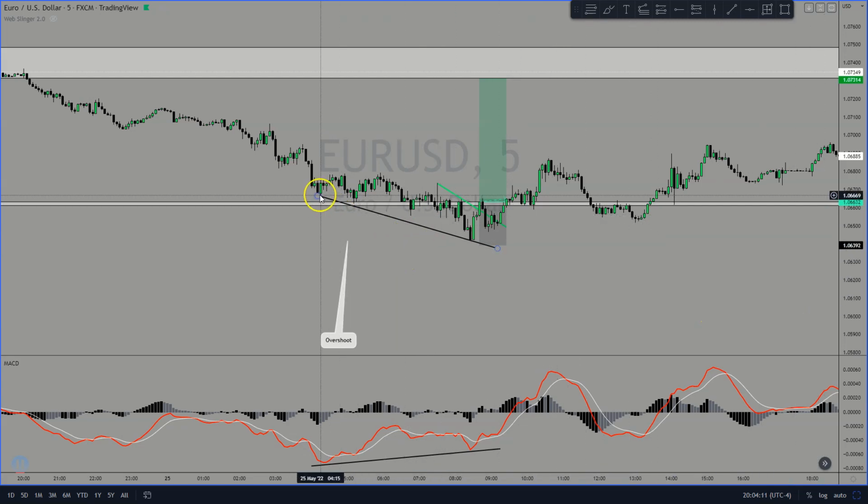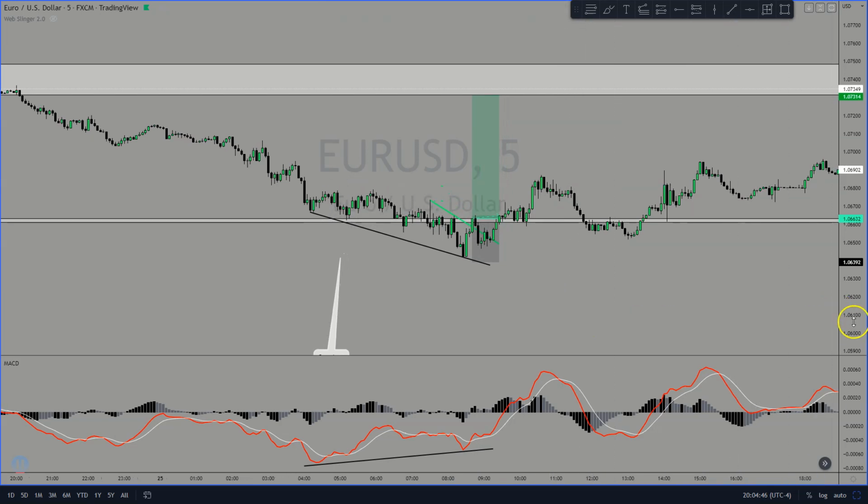So we see the lows in price, consecutive lows, lows, lows, lows, all while MACD is telling us and painting the opposite picture of higher lows, higher lows. So divergent momentum in the pushes. These pushes to the downside are smaller than the previous, which is why MACD shapes out this way. It's just a mapping of the momentum of each push in the price itself. So as the momentum to the downside decreased,